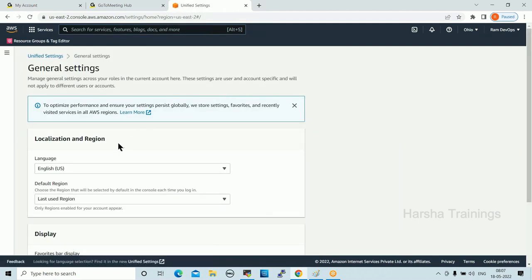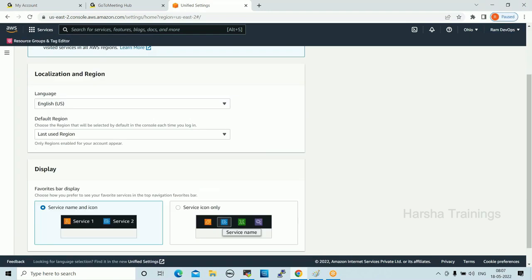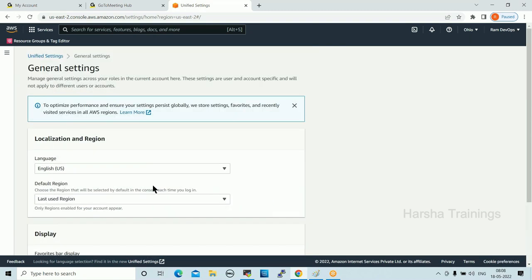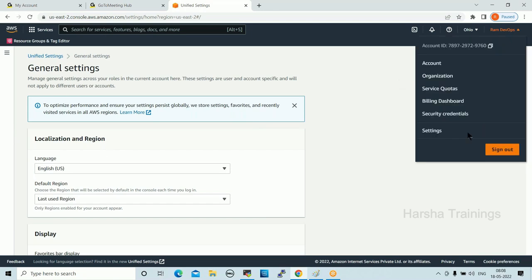Click on settings. These are your account settings, right? So here we have a language selection and default region. Display your service name and icon, or service icon only. So whatever you want to modify, settings, backend settings, you can modify, right? So these are the things available inside of this. After that,